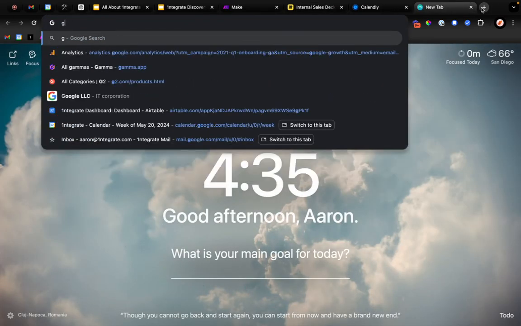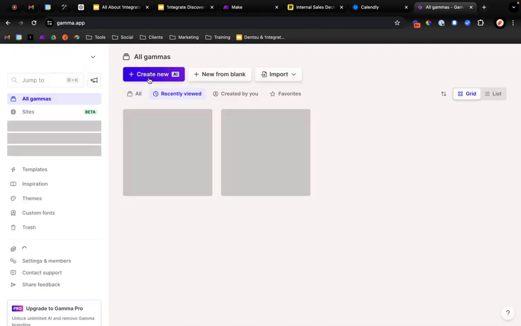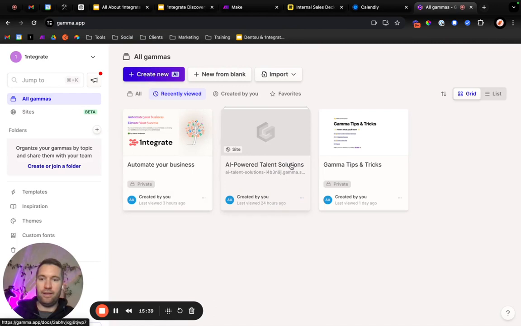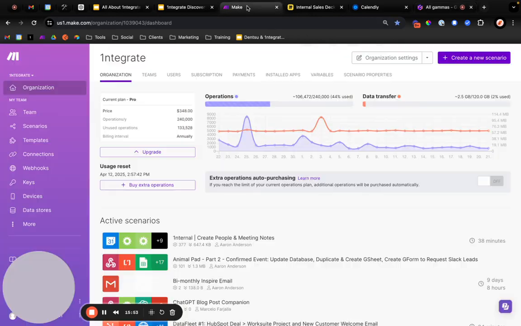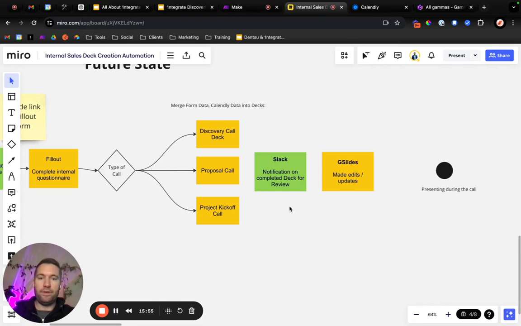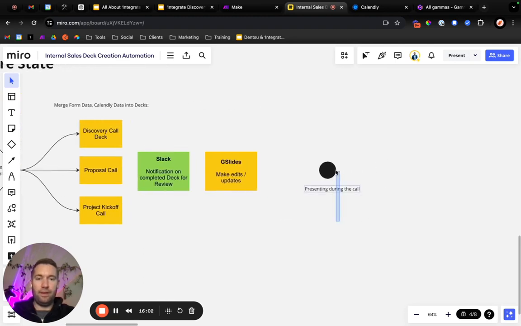Side note, I found this really fascinating tool called gamma.app that I've tried that allows you to create like AI decks. I don't think there's an integration to it yet, but it's pretty sweet. You can tell it's AI because the images that are generated are AI, but I wonder if there's something I can do here. We'll see. So yeah, I'm going to set a notification. I'm going to make updates, make edits, and then,